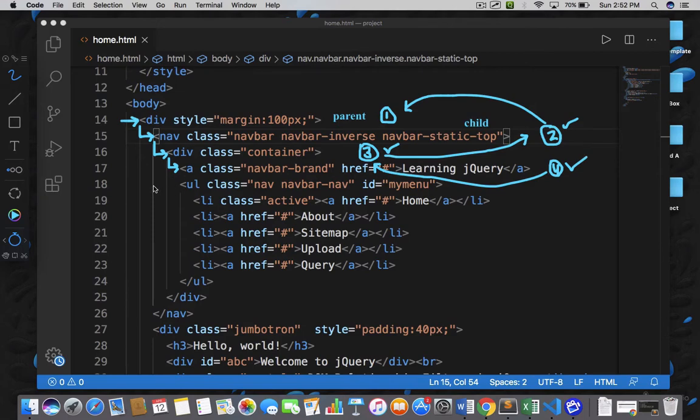Now if you look at the unordered list here at line number 18, in this unordered list we have a few li elements. There are 1, 2, 3, 4 and 5, so there are 5 such elements here. Because they all are directly under the unordered list, they all are